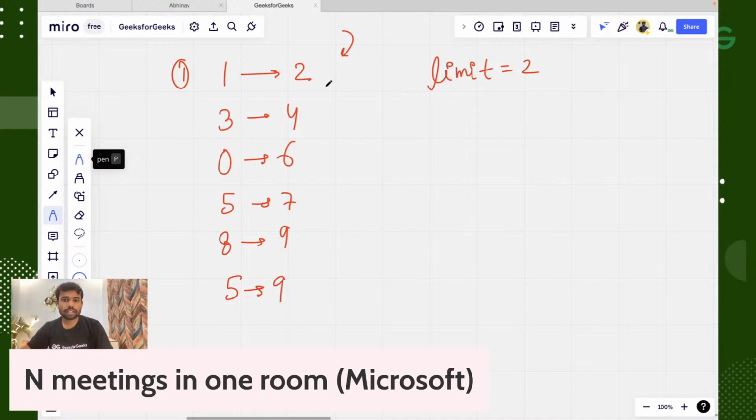Now guys, the next thing will be nothing but the limit. So now the second meeting is this, so the second meeting is starting at